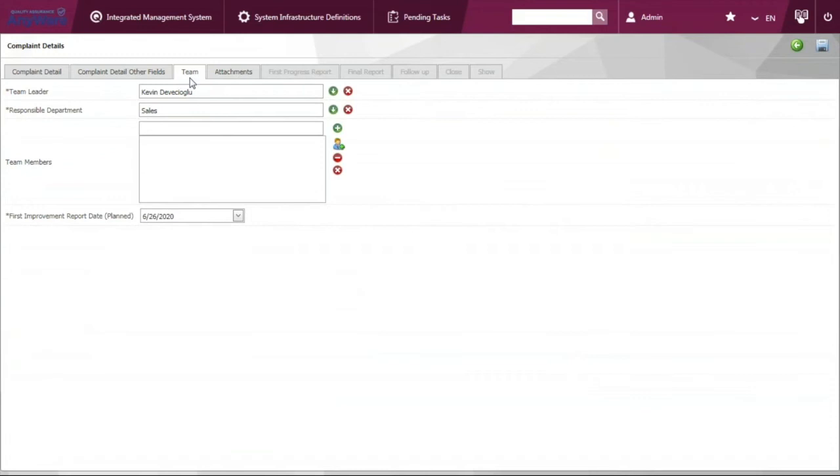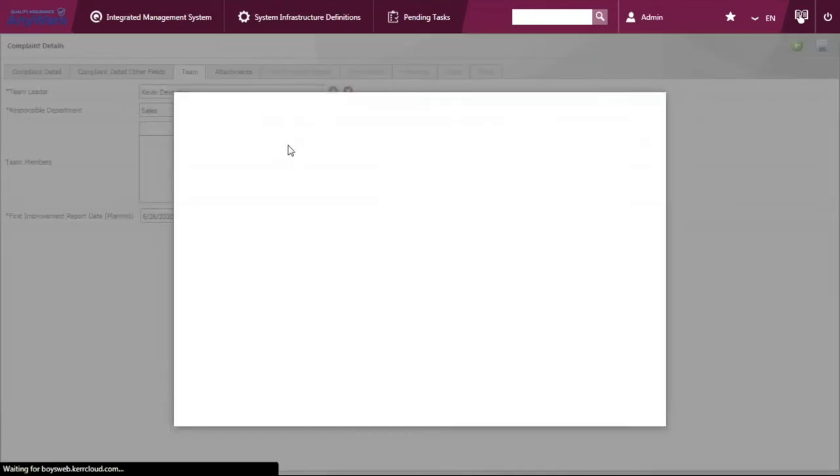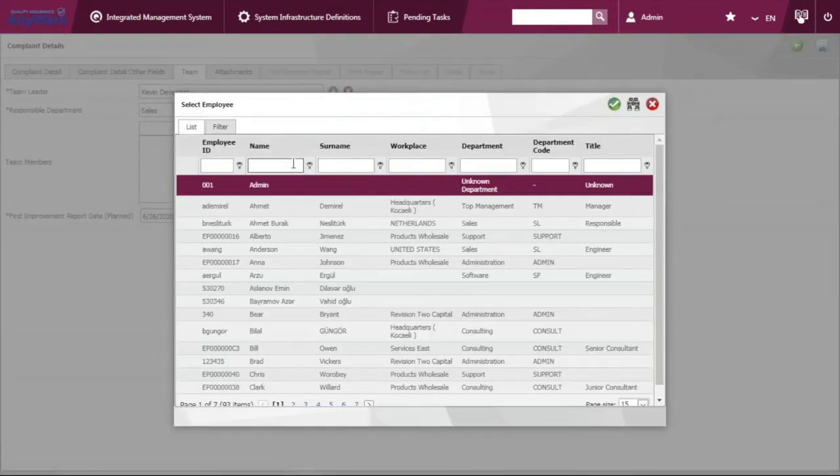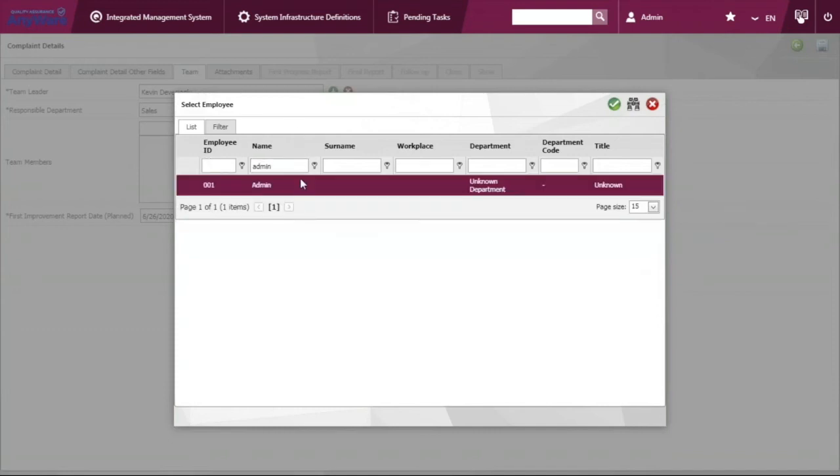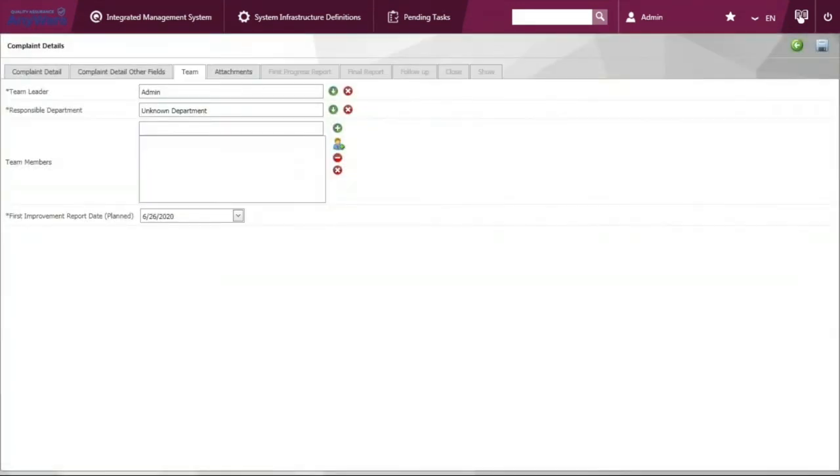After entering the detail and the complaint, we can assign this complaint record to a solution team. So we can pick the leader of the solution team, and what I'm going to do is pick myself as the leader.